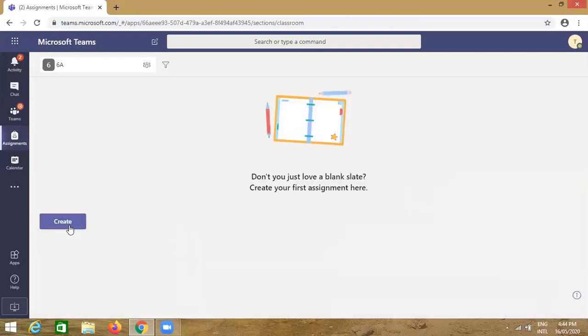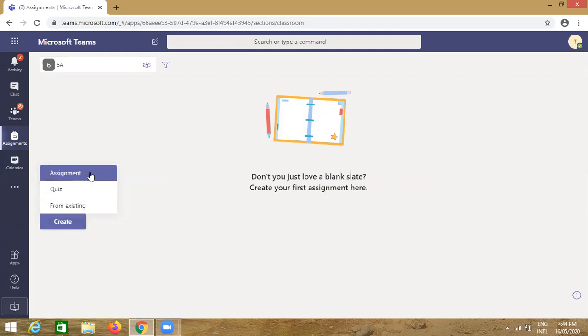Here on the left hand side, the button create is there. You click on that. You will find that 3 sub menus have popped up. One is assignments, quiz, and then from existing.